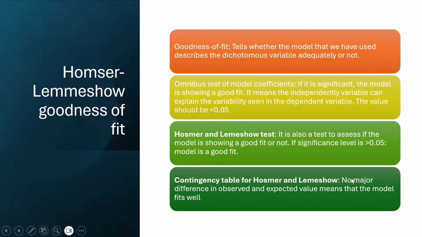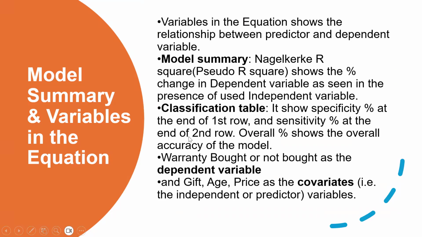The contingency table is significant if there are no major differences in observed and expected values. So our sample, to be better described, should satisfy one of them. The best one is that it should satisfy the Hosmer and Lemeshow test. But if the omnibus test comes out to be significant, we can choose that. Okay, so now further we have,